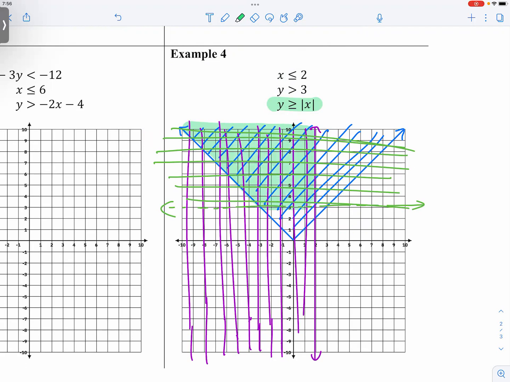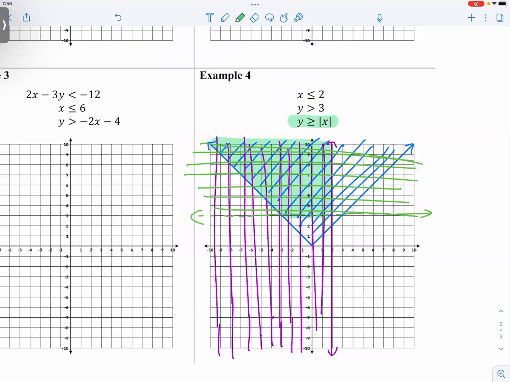Okay. So it must be overlapped by 3 regions together. That would be our solution, which contains the points that would make all 3 of the inequalities here perfectly true. Okay, so